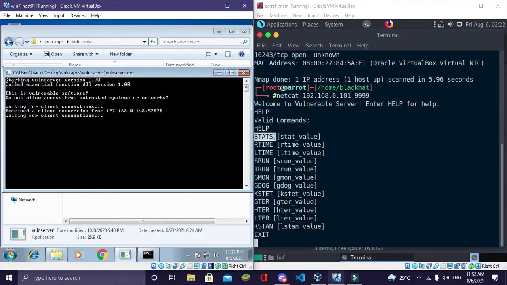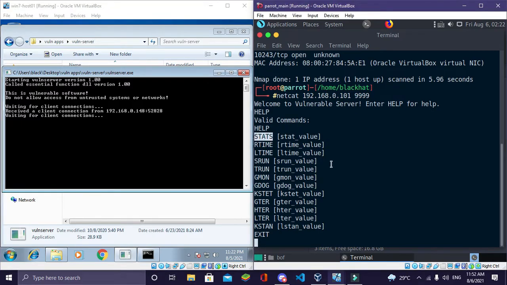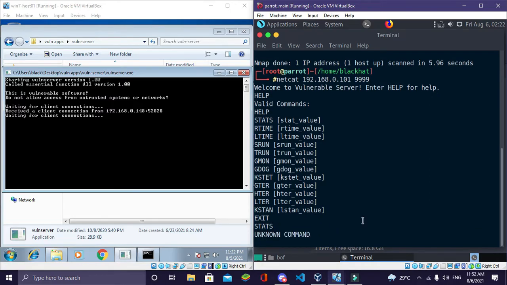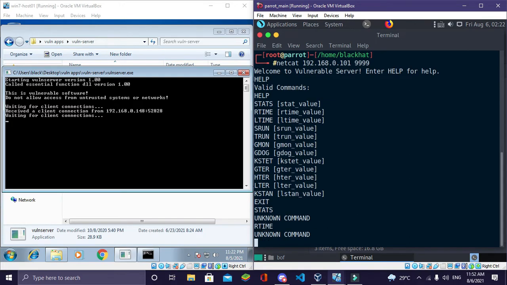For example, let's first check this stats command. Let's just type it first: stats. It says unknown command for some reason. Okay, now let's try time. It also says unknown command.